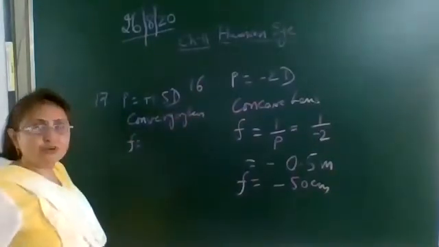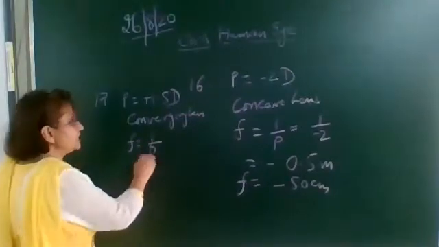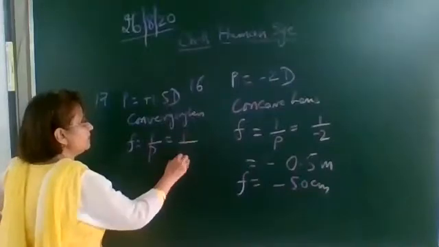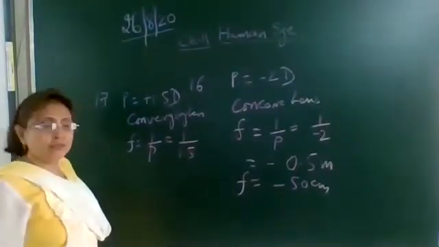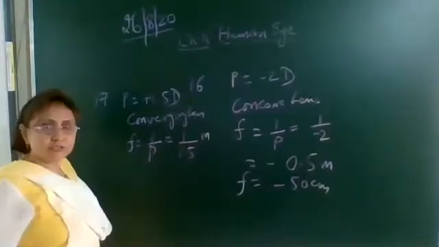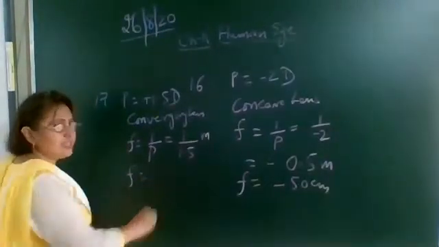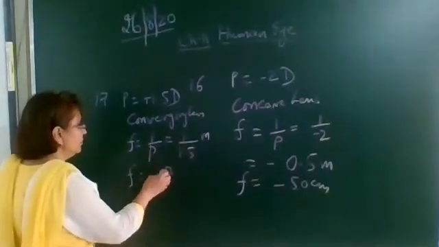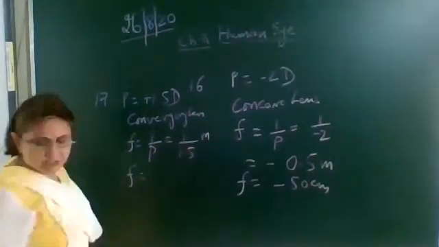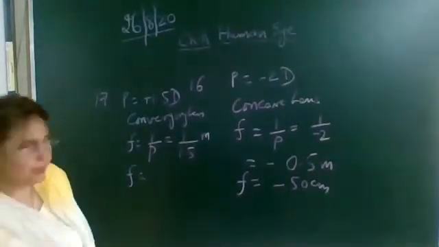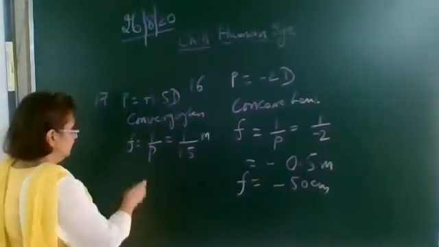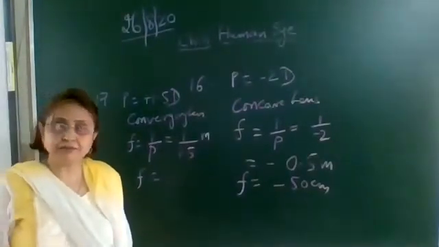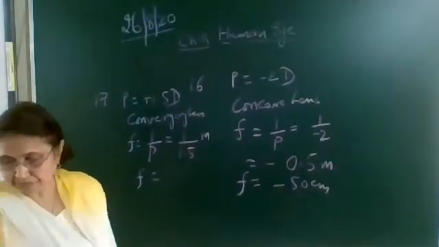Again, to find out the focal length, we know that power is the reciprocal of focal length. So focal length is 1 upon power, that is 1 upon 1.5. This will be in meters. In order to convert it in centimeters, you can multiply it by 100. So, focal length 1 upon 1.5. First you find out. This will be, hurry up, calculate 10 upon 15. Then we'll convert it in centimeters.